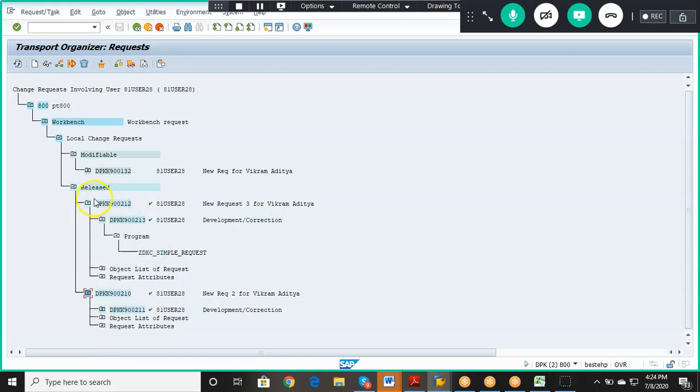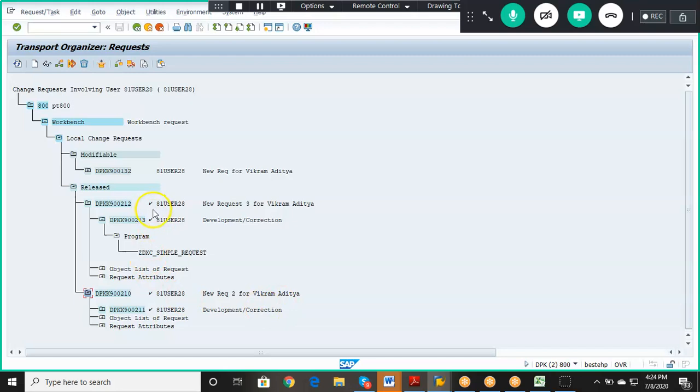So you copy this request number and give it to them through some format. Some people have online documents. We need to fill up the online document, give these details, and then send it for approval. Once it's been approved, the next level will take care of that request number. Ultimately, once it's released, you can see these developments in the quality server. And once the testing team tests it in the quality server, it will be moved to the production server.